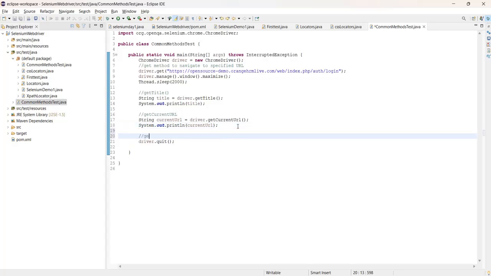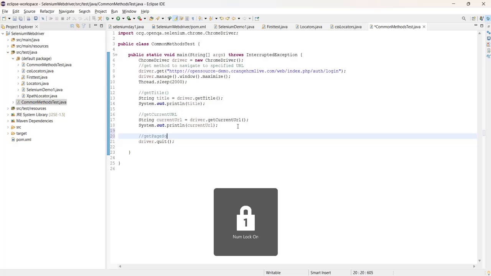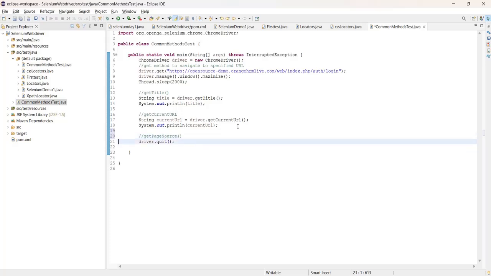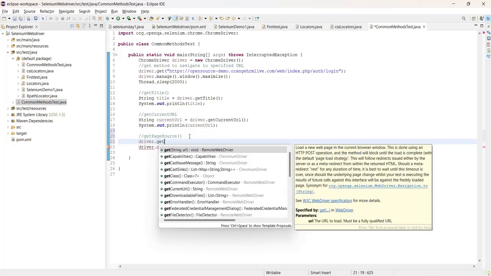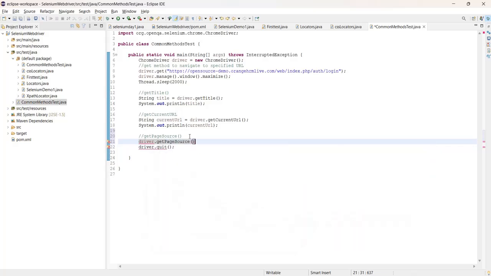Now another get method we are going to use is page source. Let's see how we will find the page source. Driver dot get page source method. This also will return a string, so otherwise you can directly print it as well. So you can, let's say,